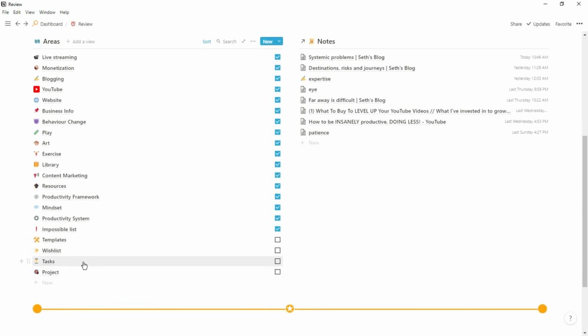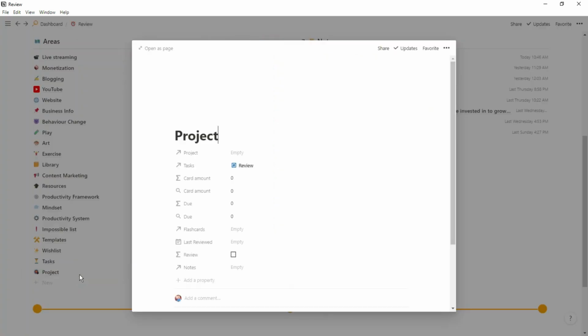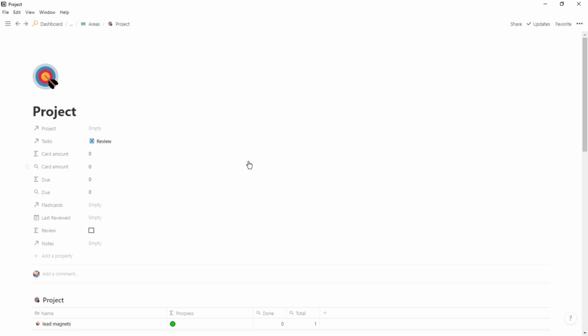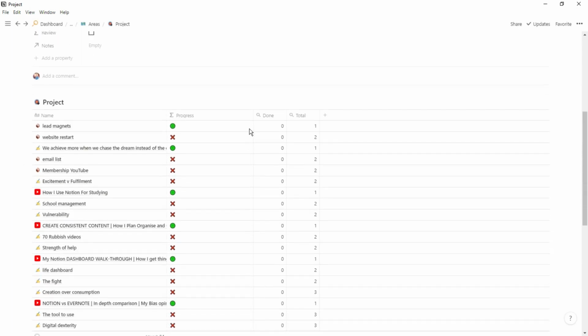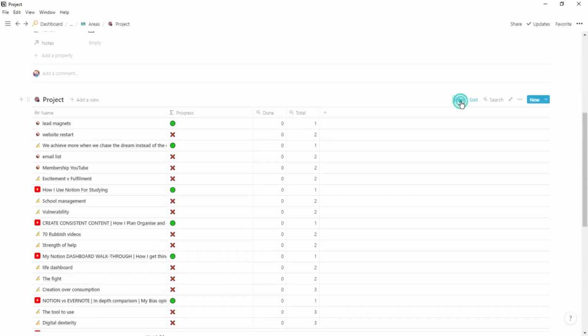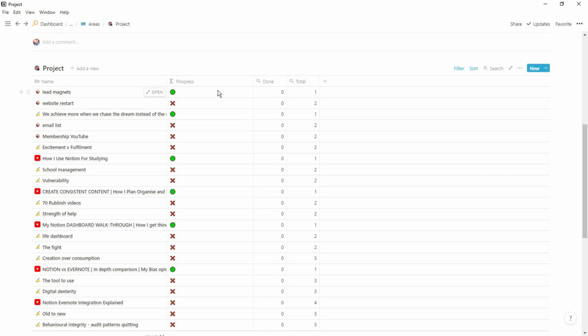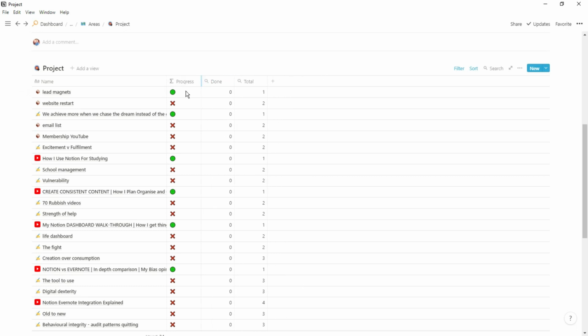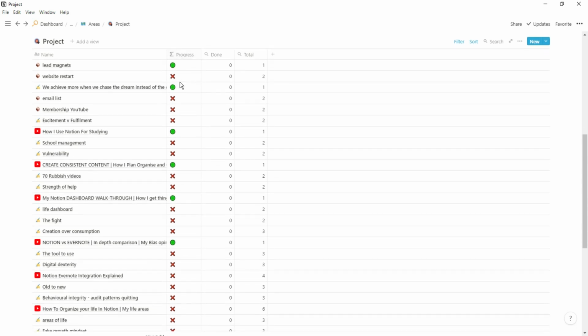Then going into my project area, it is basically the same thing as my tasks area, but it's the projects database. So this is another one of those core databases that I think most people that use Notion will have. And in this view, I have all of the active projects. So I can see all of the projects across my space, whether they are blogging, YouTube, monetization, dissertation, any project that's in my space, doesn't matter what area they are associated to, any project that is active will be shown